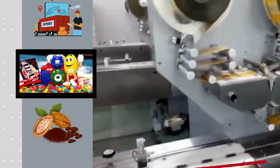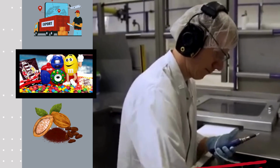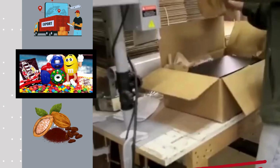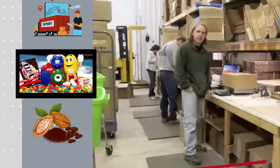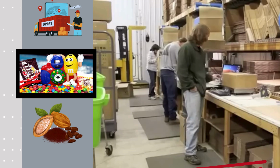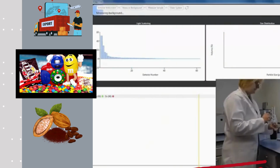A DuPont sensor and fan system works in concert with the refrigeration units to maintain a stable environment, preventing condensation on the surface of the chocolate. Each bar spends approximately 5 to 8 minutes in the cooling tunnel before emerging with the finished coating, ready for packaging. In the next stage, the Mars bars are fed onto an accumulation conveyor to prepare for the high-speed packaging